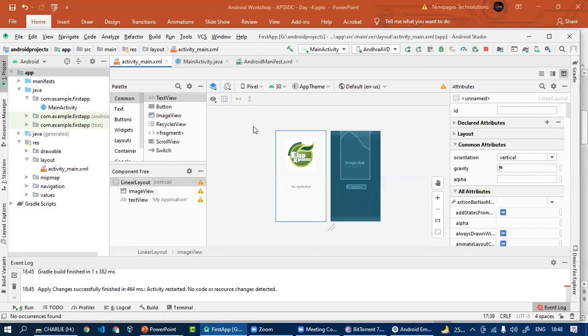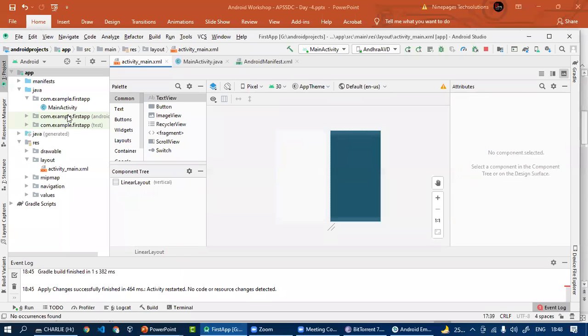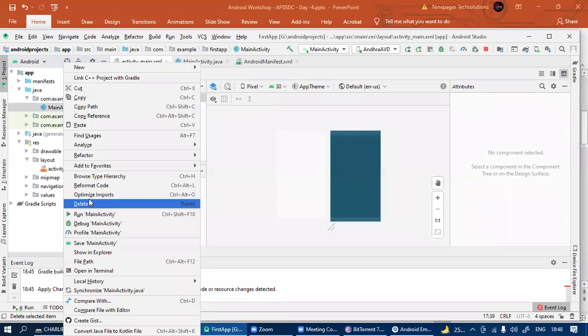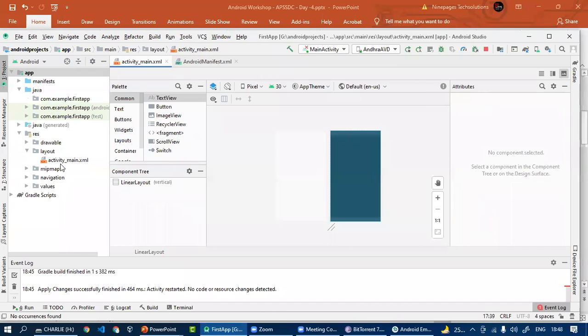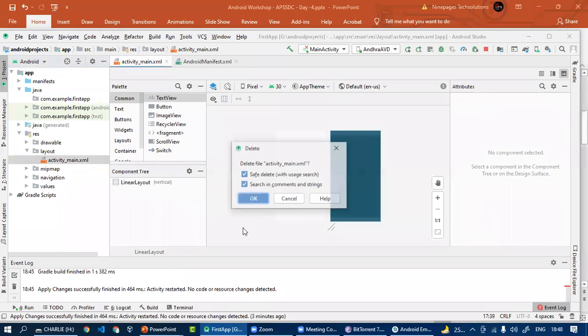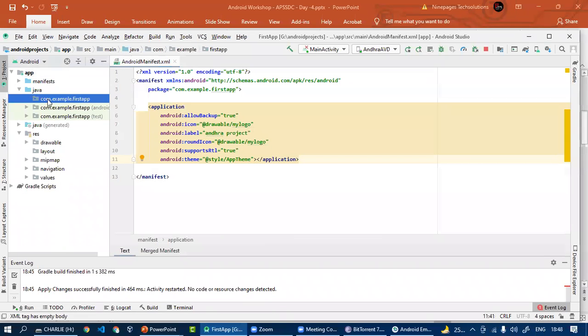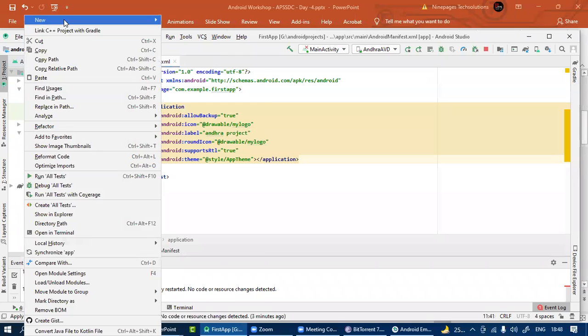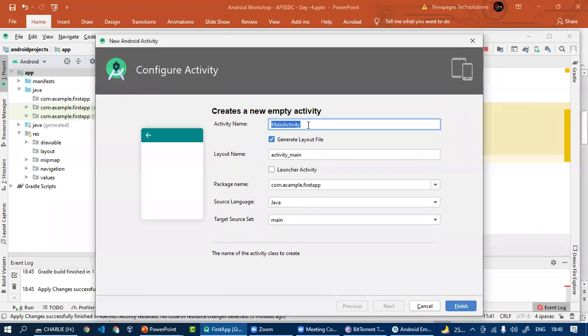Okay, listen, students. So I want to create an application from scratch. I just create a new activity, empty activity, and the activity name is MainActivity or HomePage.